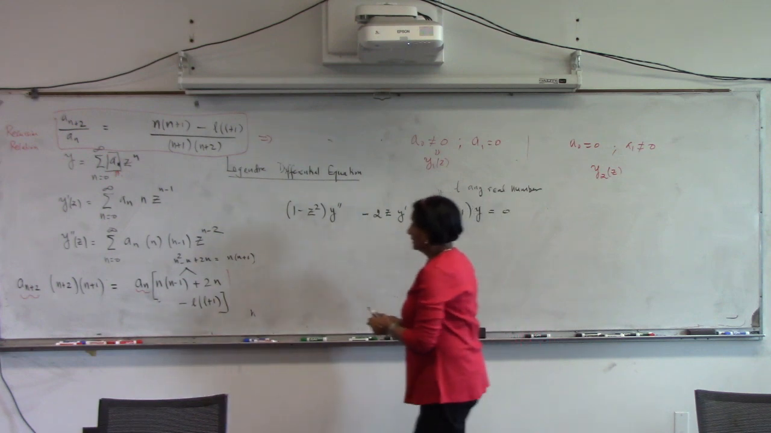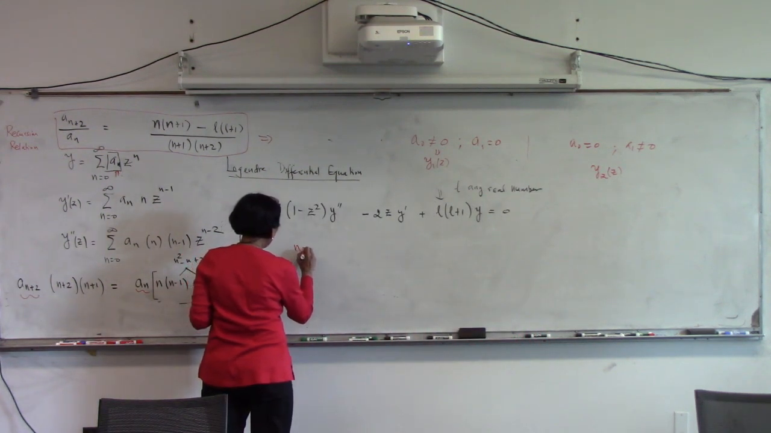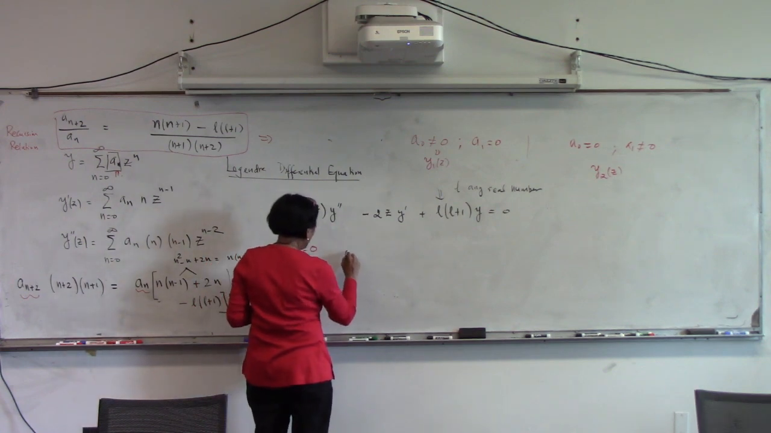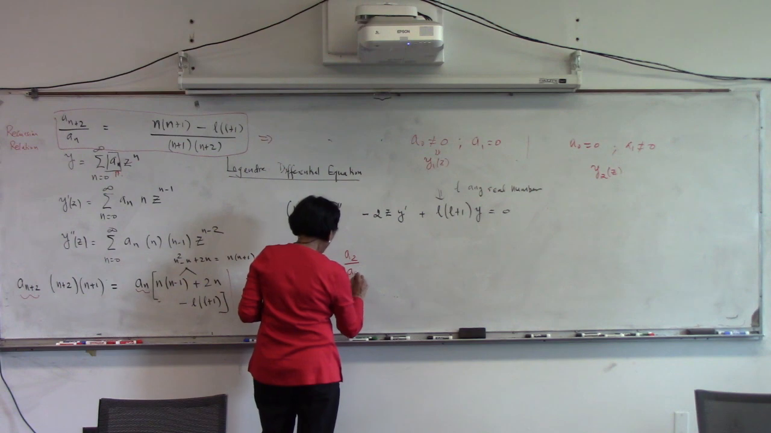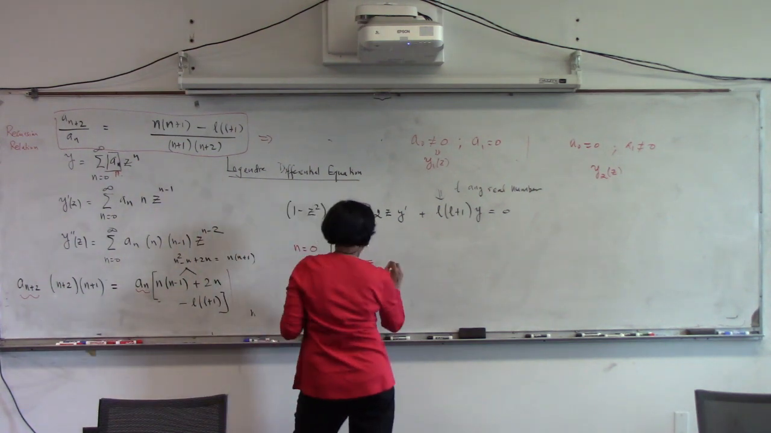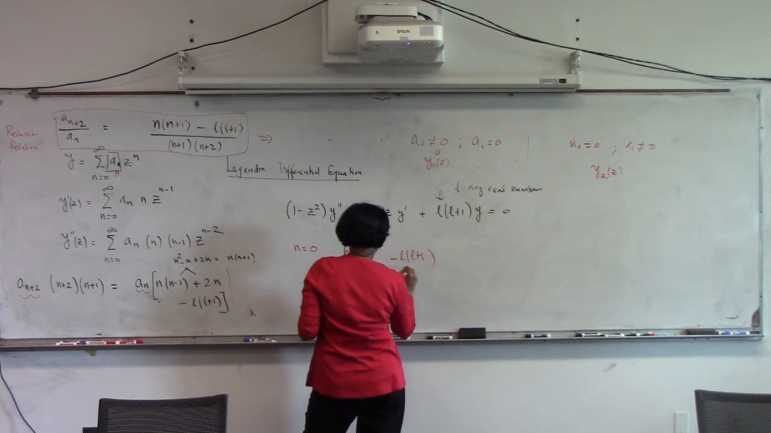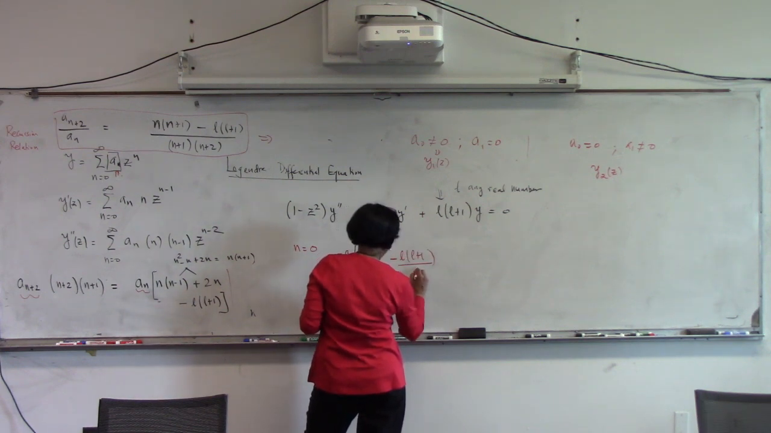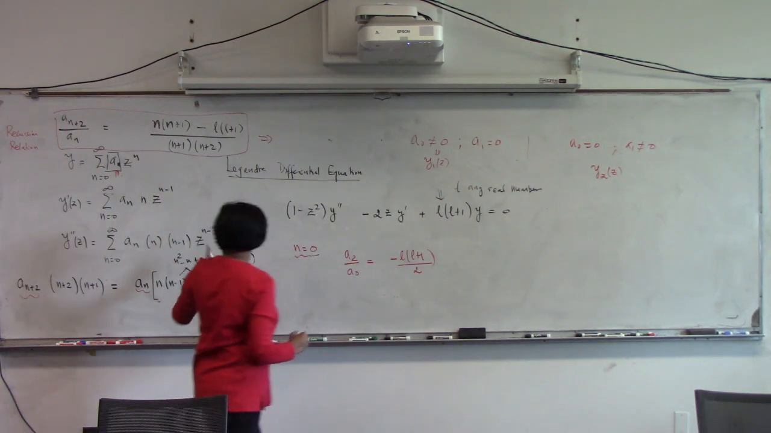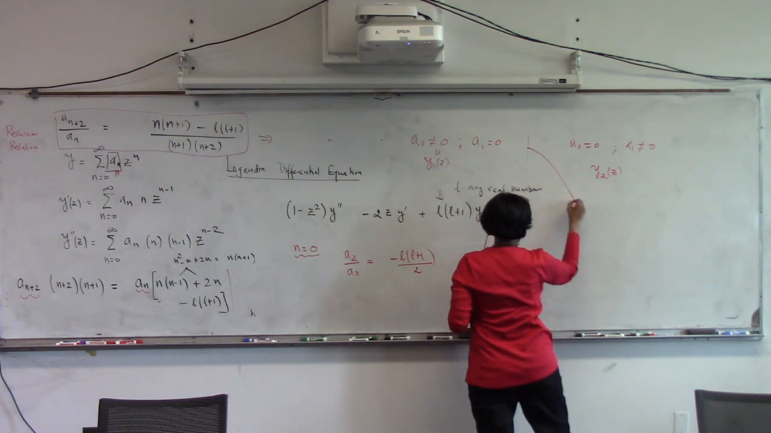All right. So if I choose in the recursion relationship n equal to 0, then I have A2 over A0 will be, for n equal to 0, minus L times L plus 1 divided by 2, right? So how do I write my first solution, if I go with that case,